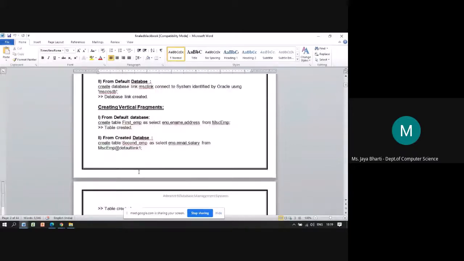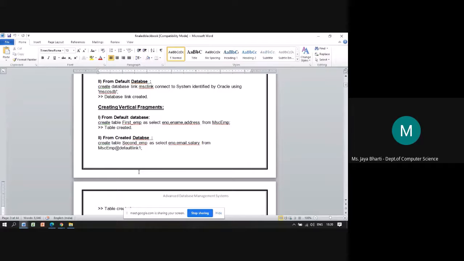Now see, remember, now in this practical, you have to execute the same query first on default database and then on the created database. Okay, so by doing this, we are going to see that whenever the user is accessing the database or user is giving the request, it is accessing basically the local copy also and the remote copy.